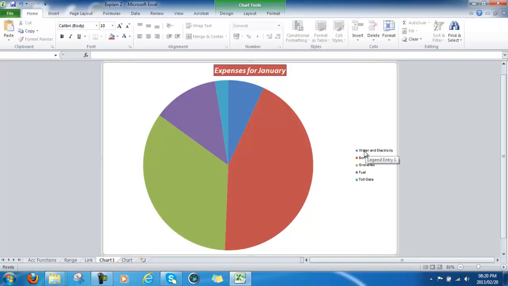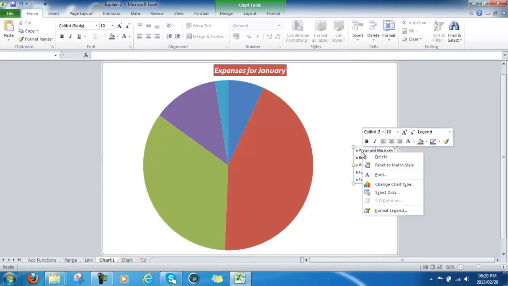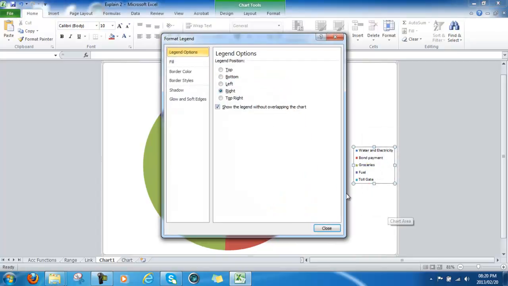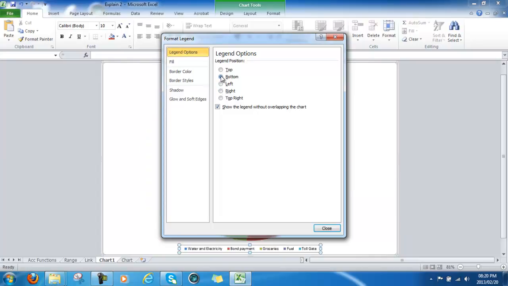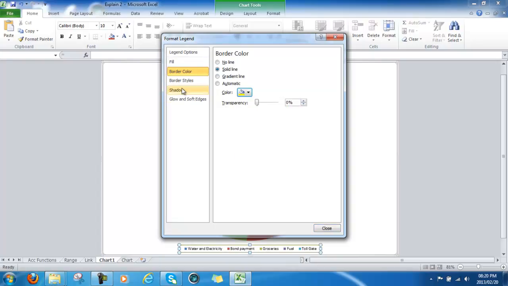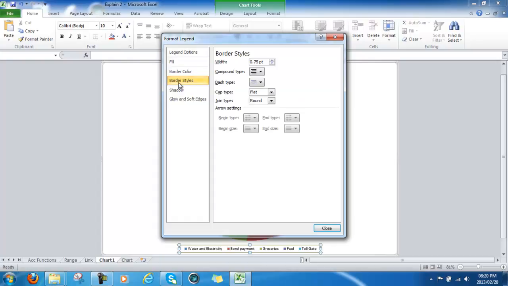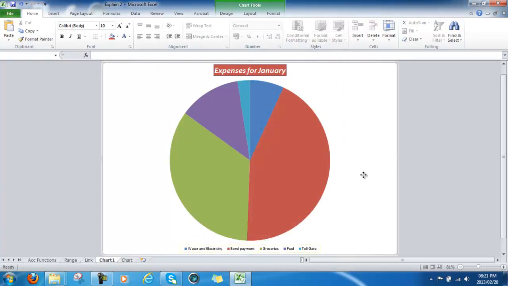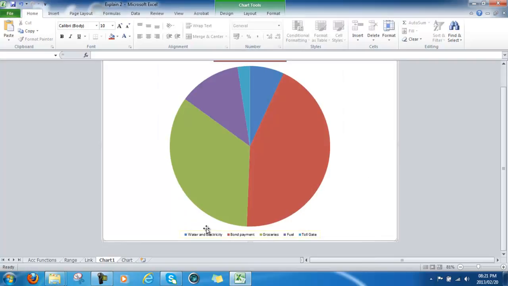If you want to change anything of the legend, you can right click on the legend and you can go to Format Legend. You can position the legend now, for example, at the bottom. You can also go and put a border around the legend. And maybe you want to use a dashed border, so you can go and select the compound style. There's a double line border or a dash border. And close. And if you look now at the bottom, there is the border and the legend has moved to